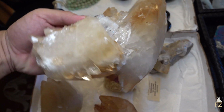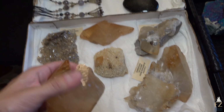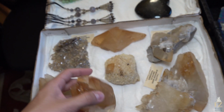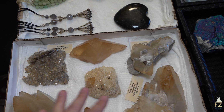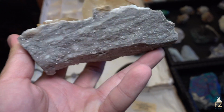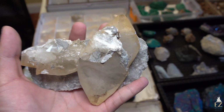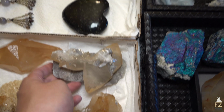Look at this humongous cluster in matrix. I personally like the single points. I love those clusters as well. But the single points, you can't beat them. Right? Most of these are already up on Etsy. This one as well is really cool. This is right in the matrix right there. You see the rock that it grew on, real sparkly, especially if you have it out in the sunlight. So that's really cool stuff, guys. I really wanted to bring that out there this year